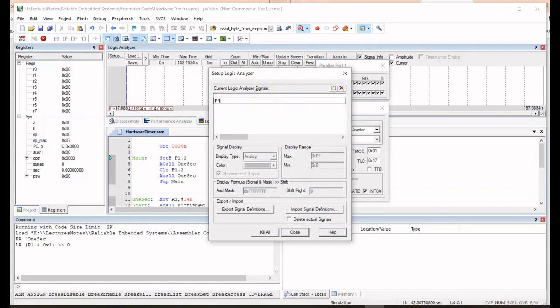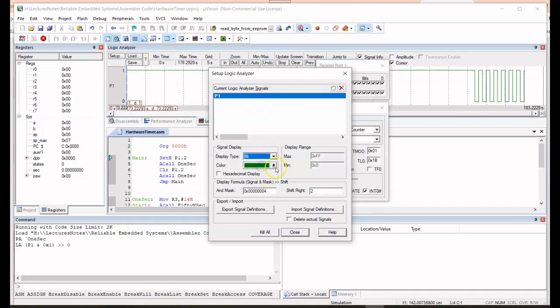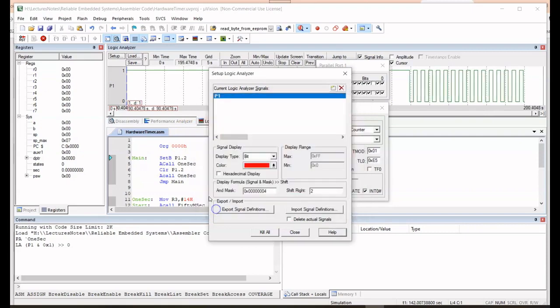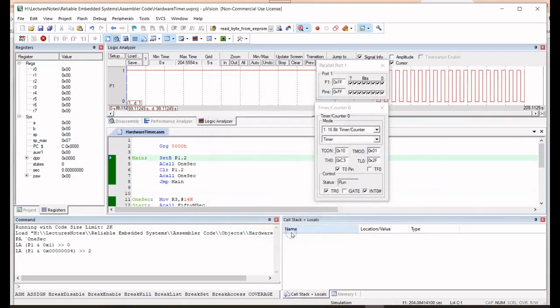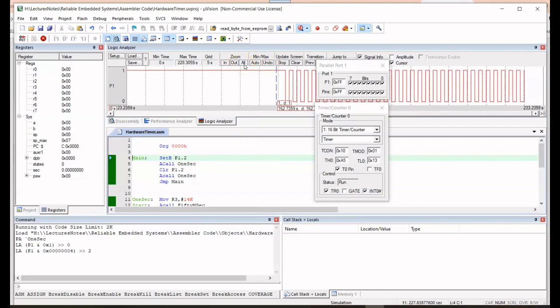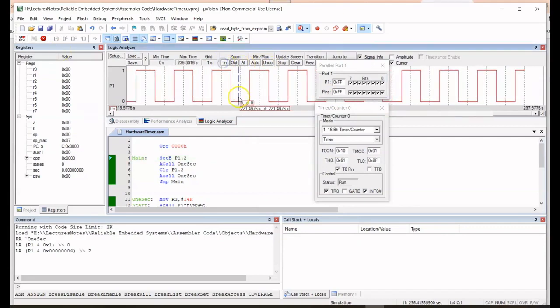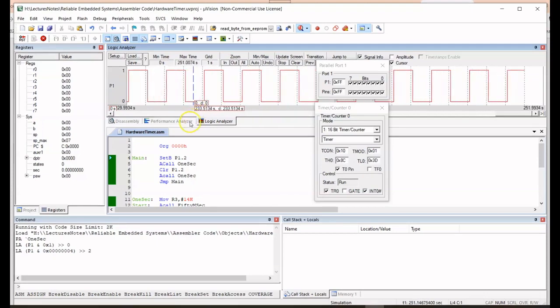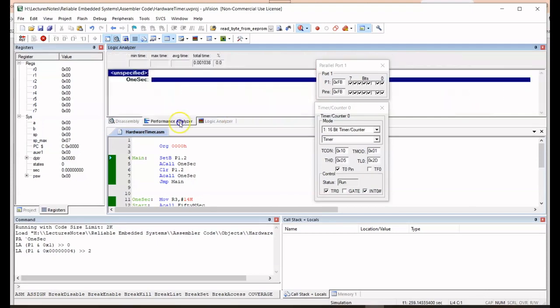P1.2, highlight, we want the digital bit, okay, we will have a red, and close it. So here we are. All right, so we are getting the signal on P1.2 with the logic analyzer, and the performance analyzer tells us it's 1 second